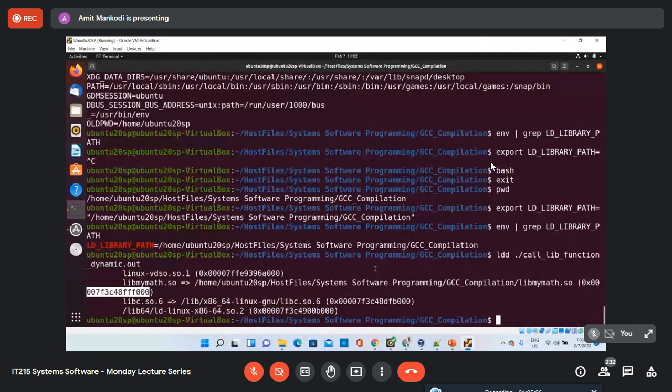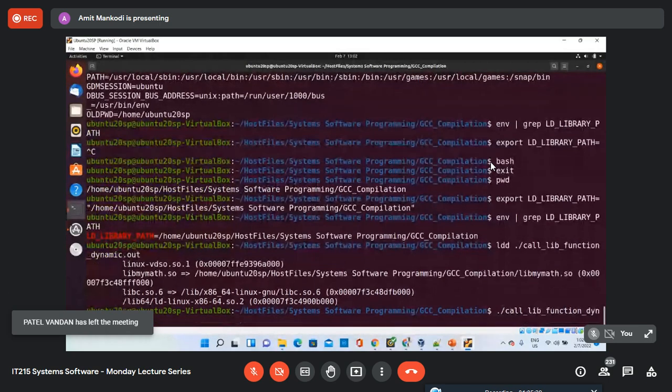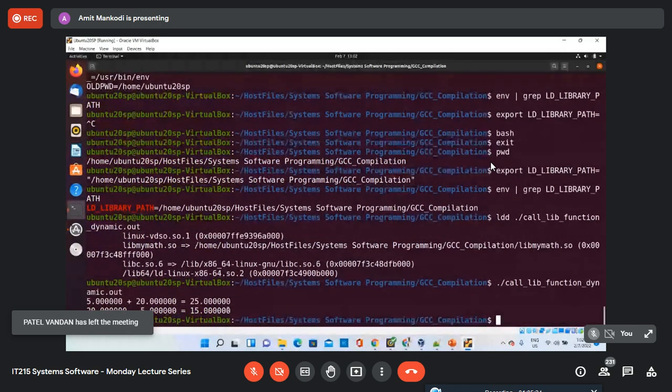So it is able to now find that library file, and therefore if I run my executable code with the dynamic library, then I will be able to execute without an error.